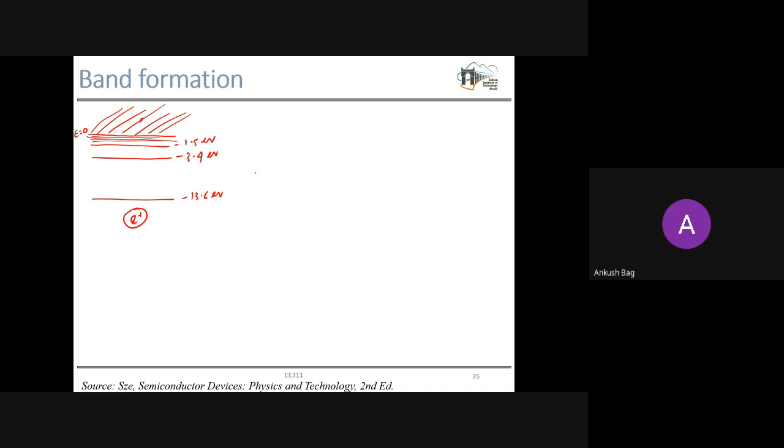After this concept of a single atom with its proton, nucleus, and electron, in a semiconductor we obviously have a lot of electrons, and the atoms also have not one electron or one proton, but many. For example, silicon has an atomic number of 14, so 14 electrons are there in a silicon atom. Now what will happen in that case?